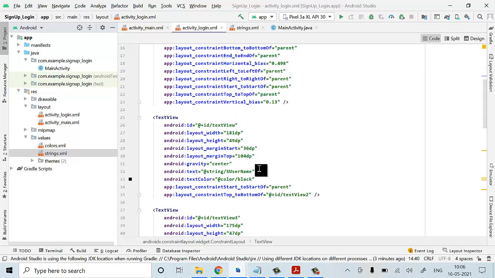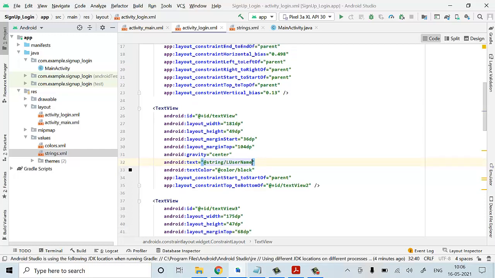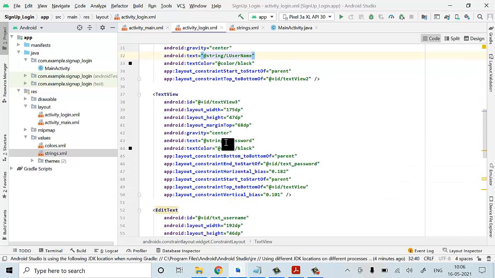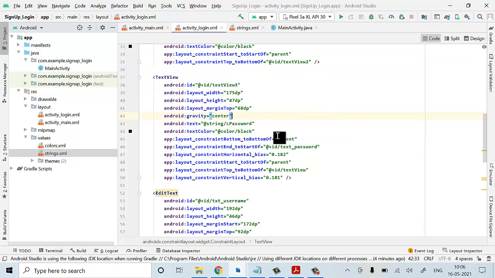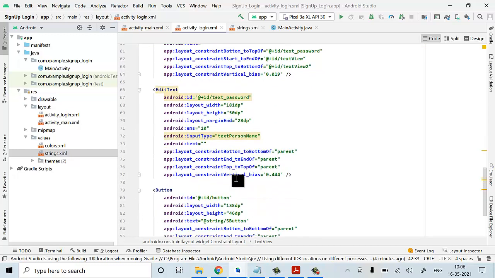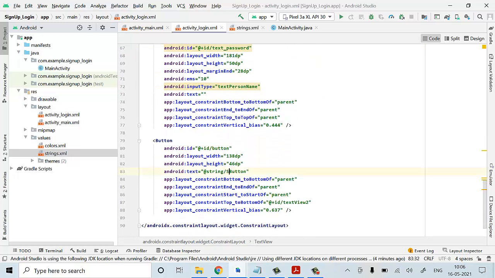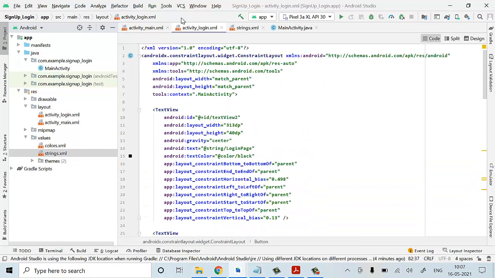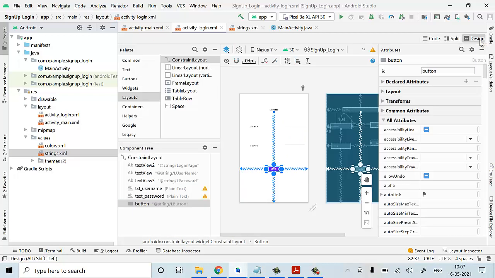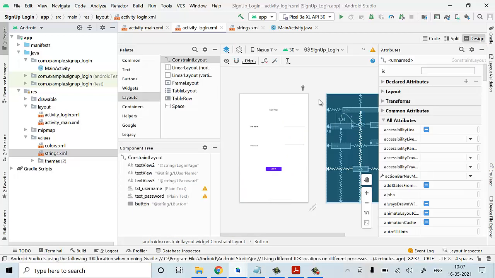Okay, now text view. Here the text view is S username. So I'll remove that S username to L username. So I'll click on it. That's it. The same for your password. S password to L password I'll give. That's it. Okay, next for your edit text, nothing. It is in username and password. Rather than S button, I'll give it as an L button. That's it. It is clear. This is for your login page. You can go for design. You can check it out. Everything will be the same.